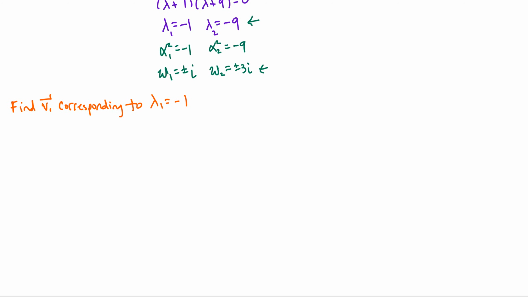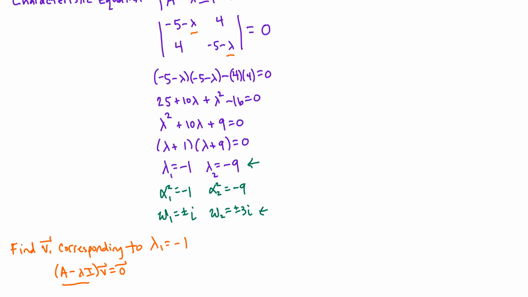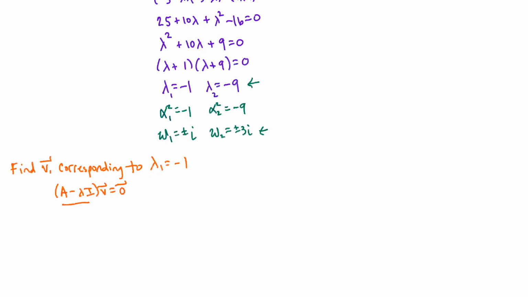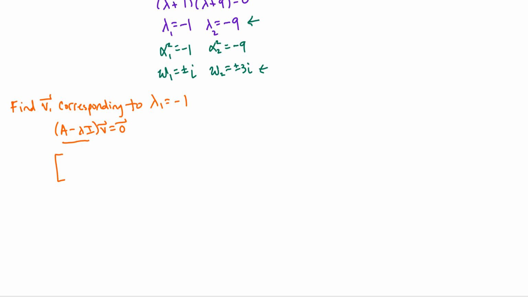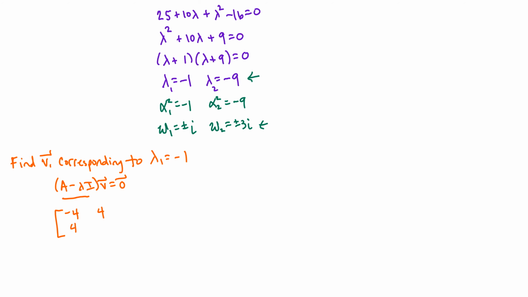So we are using the form A minus lambda I times vector V equal to 0 vector to determine our eigenvector. So A minus lambda I, again, is up here, and we're going to plug -1 in for lambda. So in position 1, we have -5 minus -1. That's going to give me a -4. And then we have a 4 here. Then we have 4, and -5 minus -1 gives me another -4, times eigenvector v sub 1 with components v1 and v2